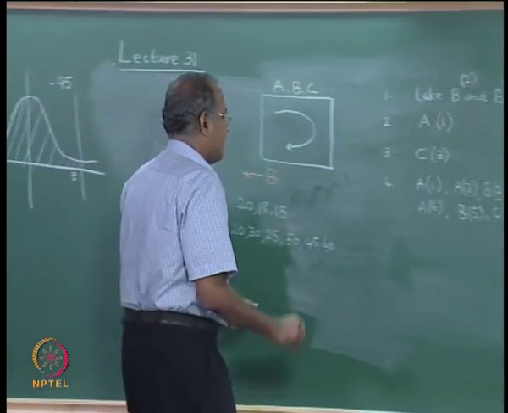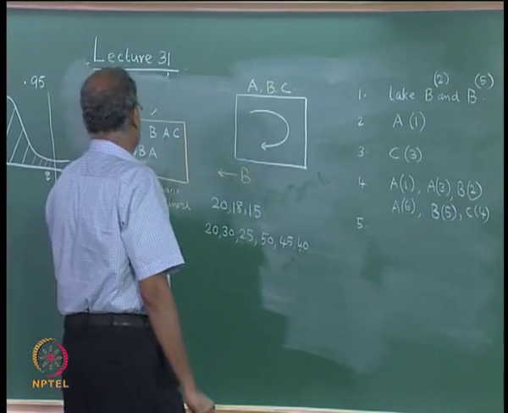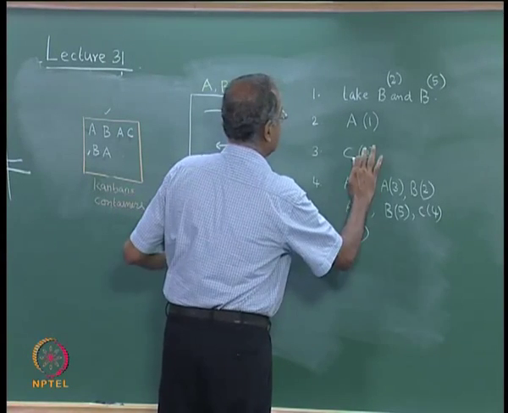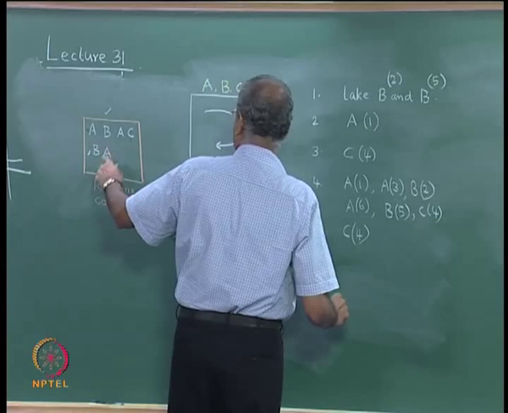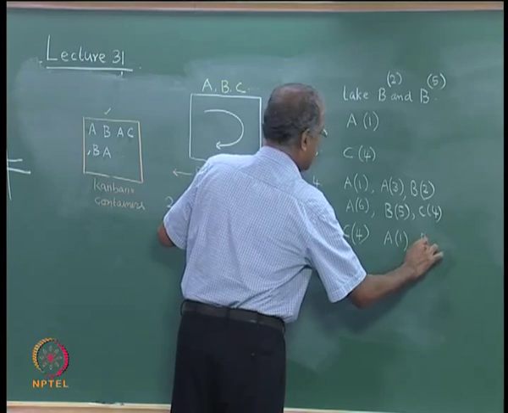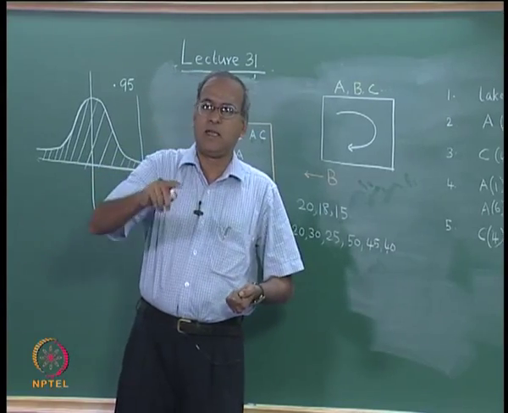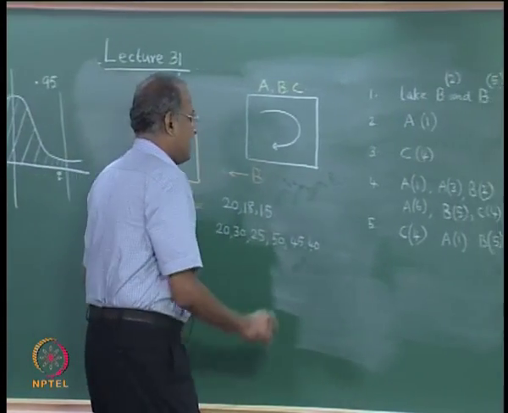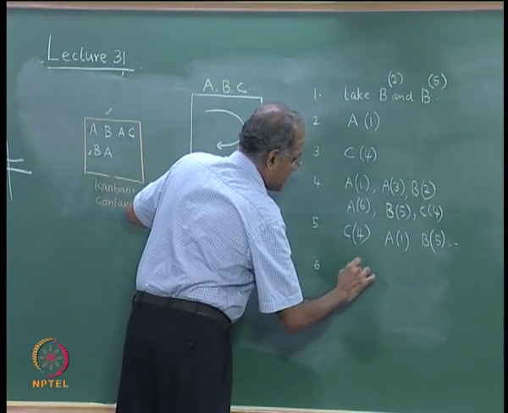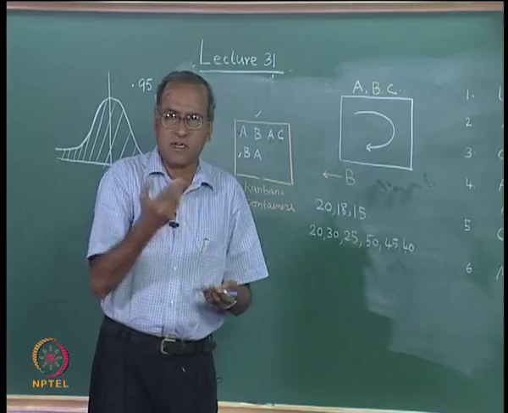Fifth one is if we look at a cyclic method and follow the cycle ABC. So, B is completed. So, we will take C first. So, we will do C4 and then followed by A, so A1 and then B5 etc. So, the cycle will be B, C, A, B, C and so on. The last one is if I choose the one which has maximum Kanbans. So, A has maximum Kanbans. So, choose A1.